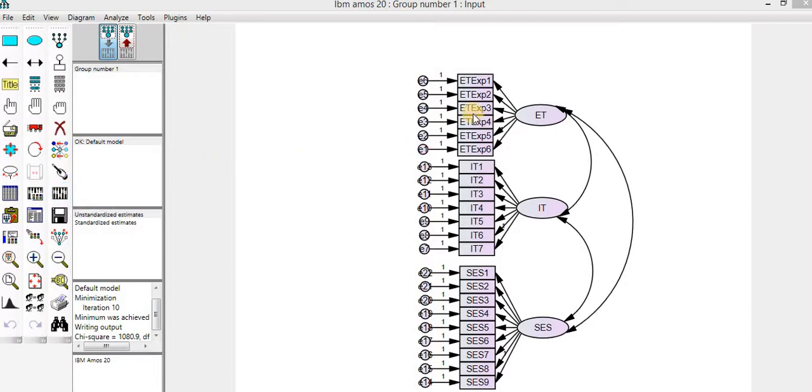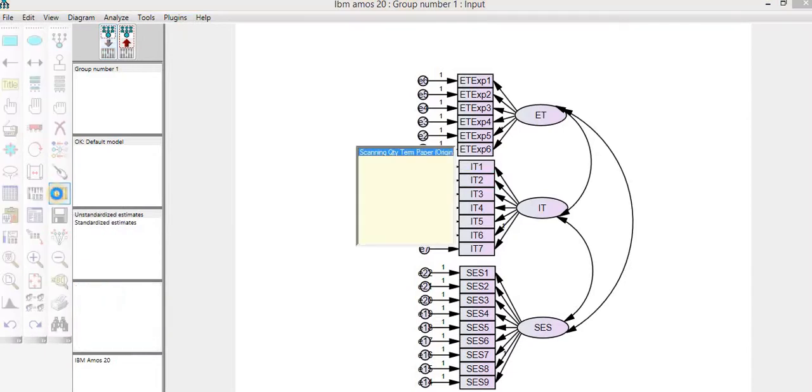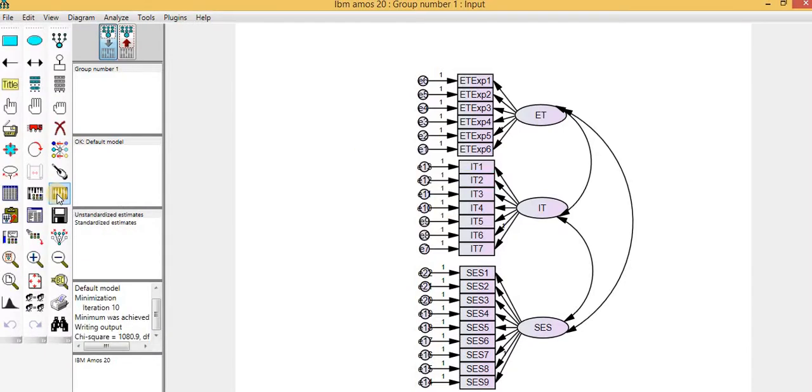When you have inserted the data here in your model, you need to click on the estimates button; after performing the analysis, it shows you the results. So these are the correlations among the variables. The values of the correlation must be below 0.85. So all the values are acceptable and below 0.85.